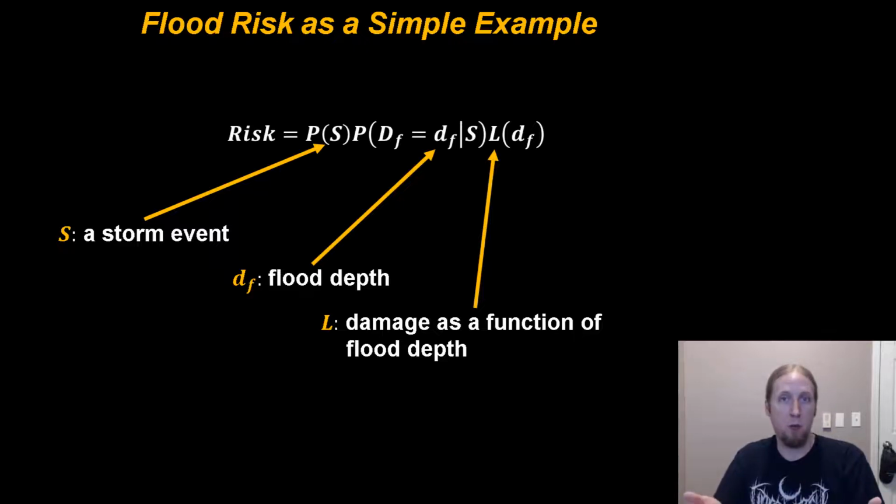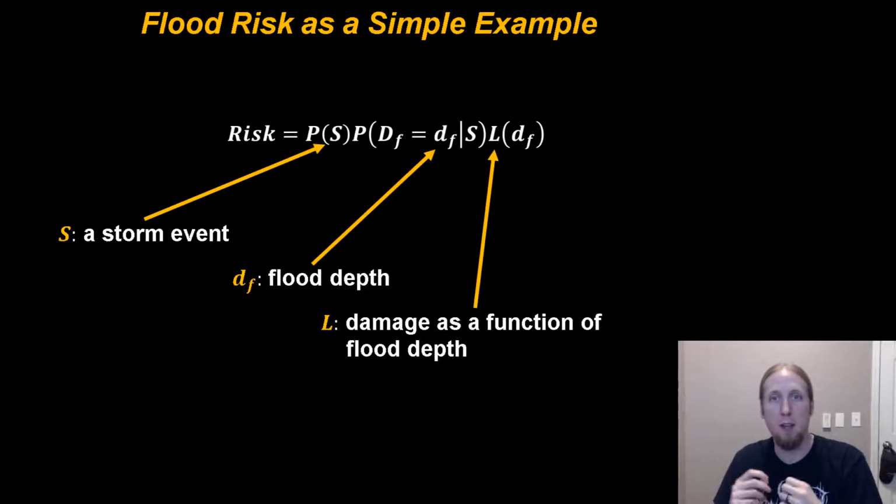If we look at my own research, I do a lot of work on flood risk that I've talked about before. A simple example of this would be if we're thinking about a single storm or a single hurricane hitting Louisiana. We would define our storm event as S, and we have some probability of observing a hurricane. And then we have a certain probability distribution of flood depth that that hurricane could cause. So we have our probability that D sub F, the flood depth, equals a certain value conditional upon storm S